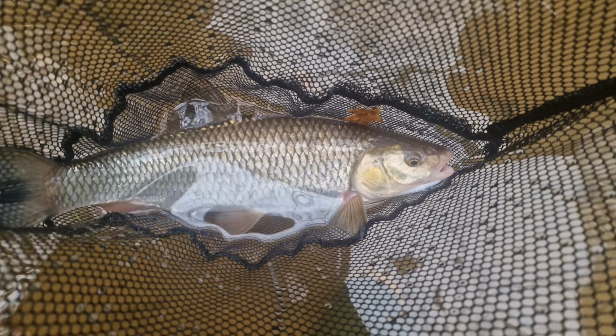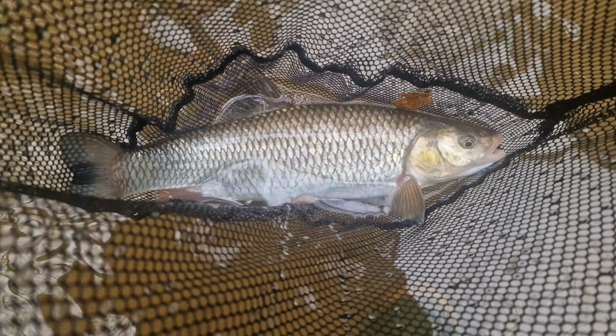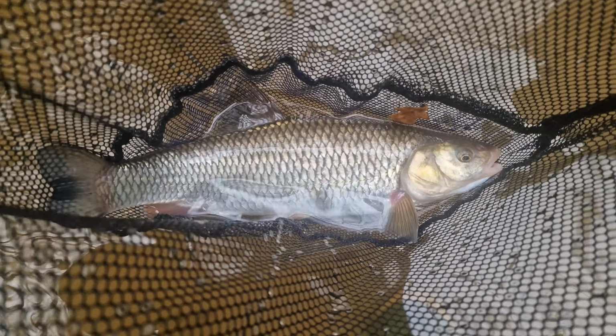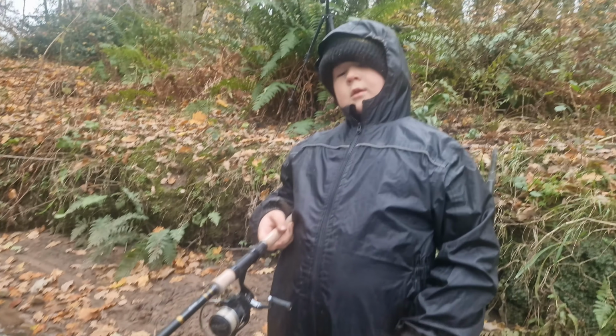That's the 6th chub of the day. We've been fishing about 2 hours. It's been a manic session. I really do want to try one of the swims on the way back for Joshy to have a go, because he is being really patient today. Chief netsman, he's been